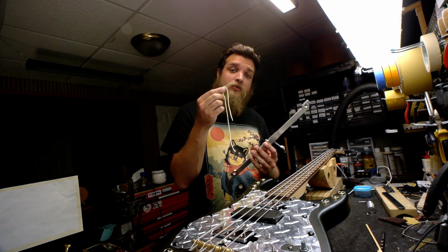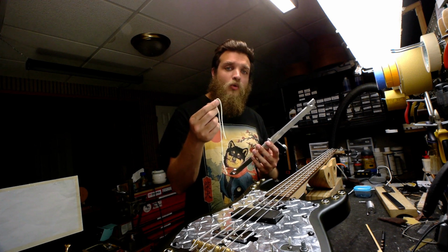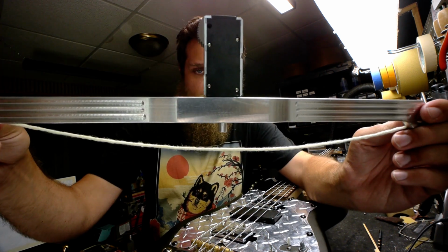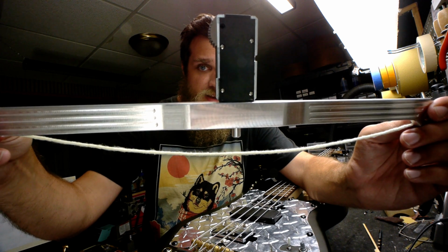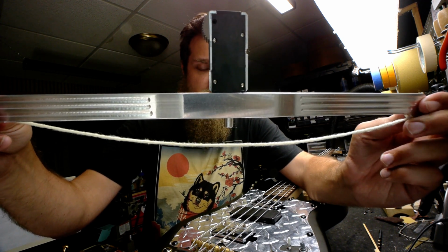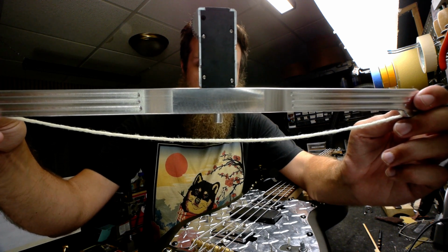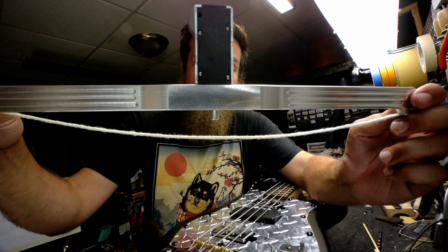I'll demonstrate how this works with a piece of string, which is how Steve Kubecka, my friend and mentor, taught me about neck relief many years ago. So if the neck is forward bowed, it's going to look like this. Notice how the string's contacting here, and it's contacting here. It's not contacting the probe. This is a forward bow. That means the probe has to come down to touch the string,